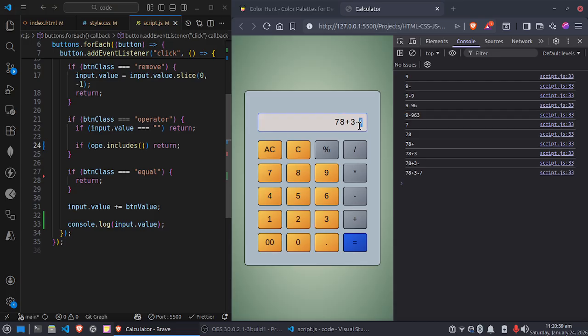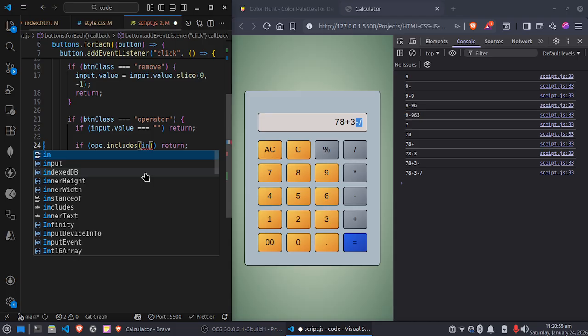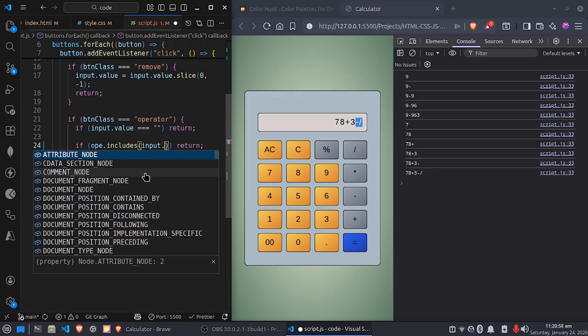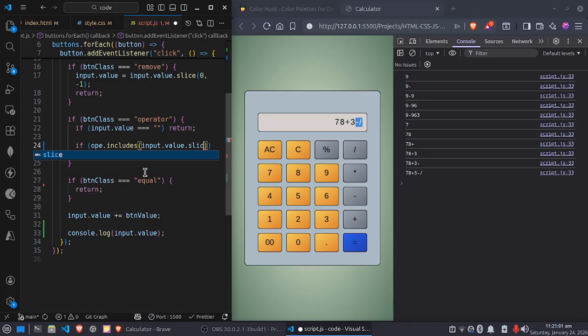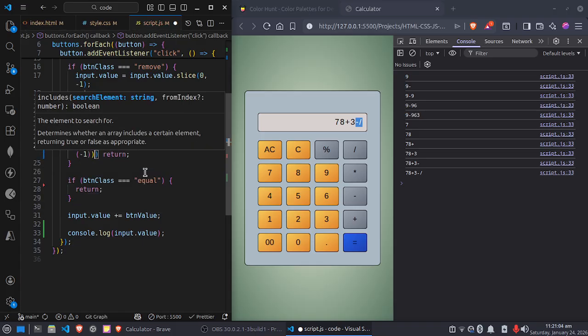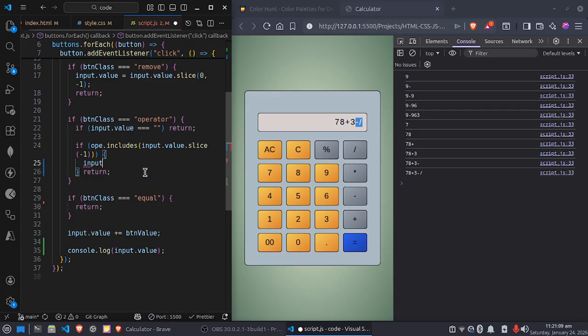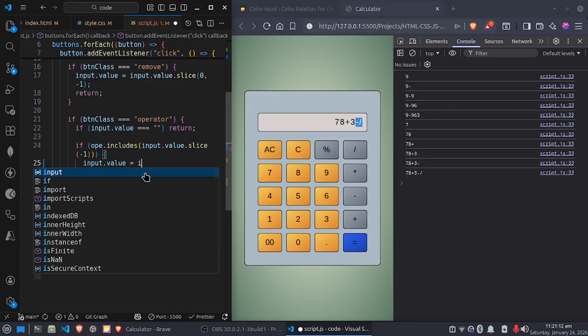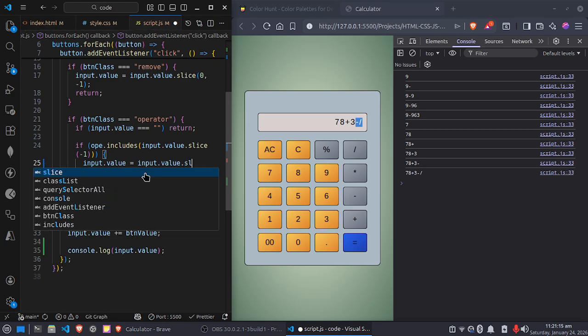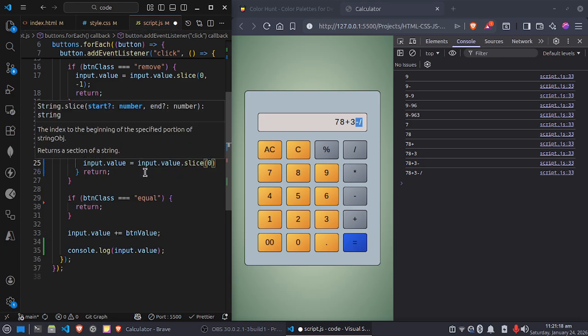Also, we have to tackle this problem: only one operator at a time, not two operators at a time. For that, first we check if operator dot includes the last value, like input dot value dot slice -1, which means I get the last value here. Then input dot value equals input dot value dot slice, which removes the last element first,